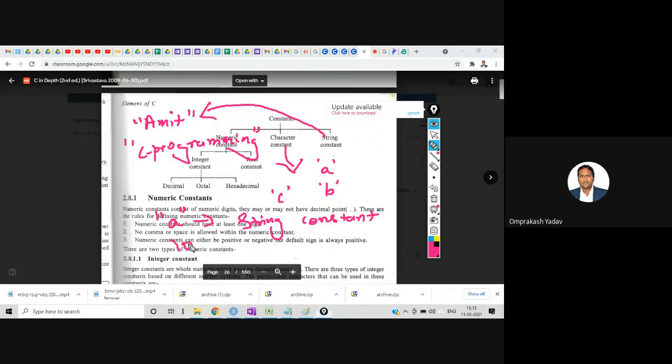This will be written like this, A and then the null character. Every string is terminated with the null character. So this is not a character, this is a string constant, and this one, with the single quote, is a character constant.